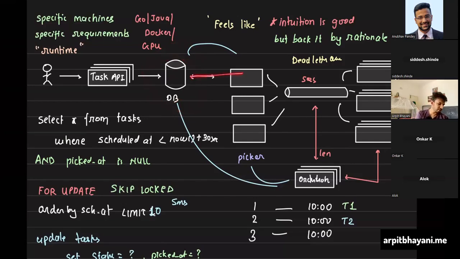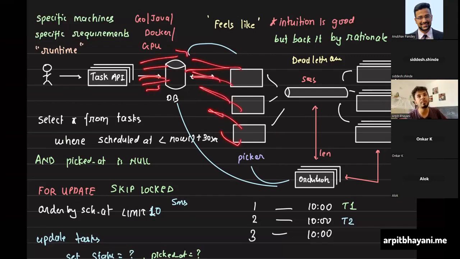Got it. Because each consumer or each machine, and this could be just a thread also, should not be one thread for each thing, because that thread is not only reading it but also processing it. So you would have a large number of connections that would choke your database. The number of connections on the database is a physical limit, so you cannot have more than that many concurrent connections. You have the Task API already writing to this, and someone reading from this, so you need to maintain the number of connections at a steady state. I still feel that is a bigger reason, a problem we cannot alleviate.